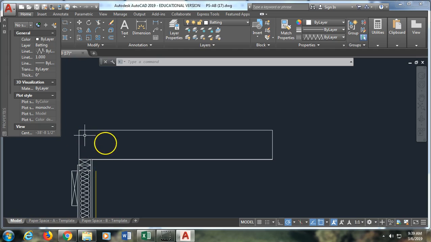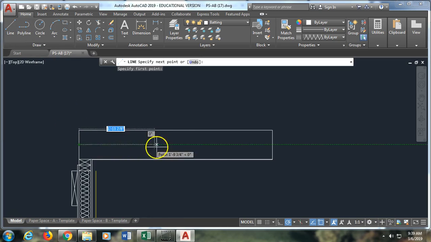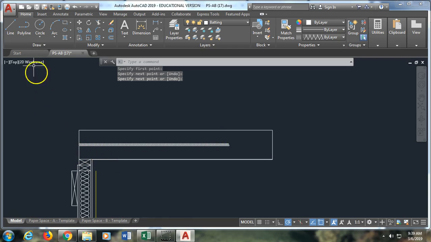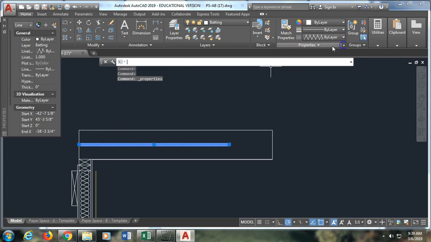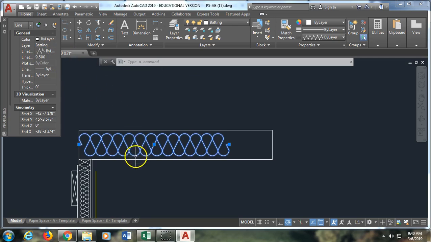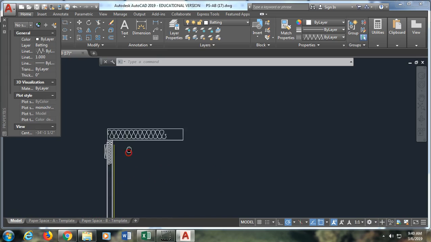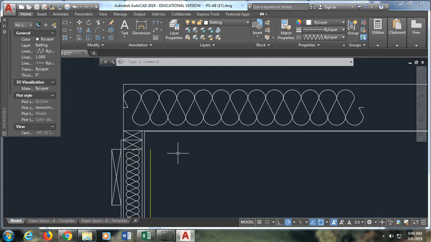Now, when you do your batting on the top, you're going to be drawing a little block up, but I'm just going to show you how it's going to look here. So you would draw it like this. It comes out at the default of 1. And again, you're going to separately change the properties on this line. So you'll go to Properties again and change it. So it's a 9 or a 10-inch wall, so you would do like 9.5 inches. Oops, and I wasn't in it, so 9.5. There we go. And it makes the batting about the right thickness for that fill section. Okay, so I am going to go ahead and stop the video here and fix the drawing, and we can keep talking